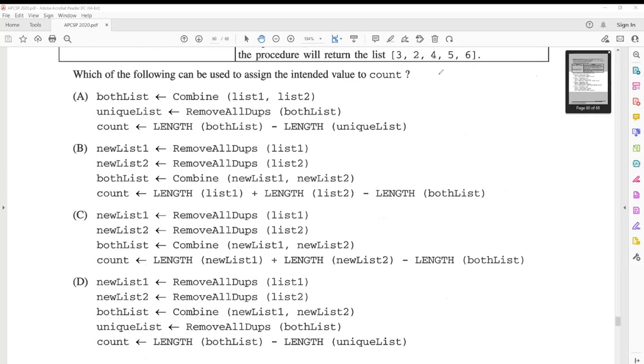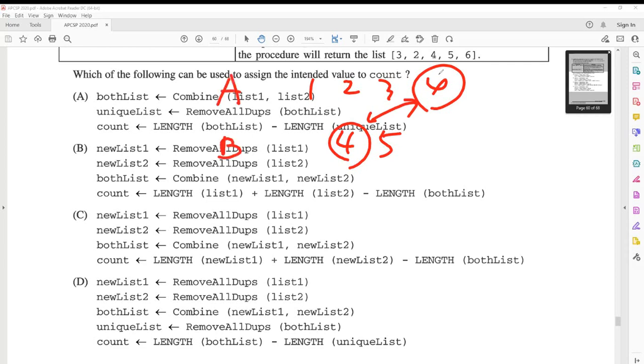Let's not think about the data yet. You have a set of 1, 2, 3, 4, and another set of 4 and 5. We want to calculate the number of elements that are duplicated in both sets. This is the A set and this is the B set. So it is the size of A intersect with B. That is the answer.